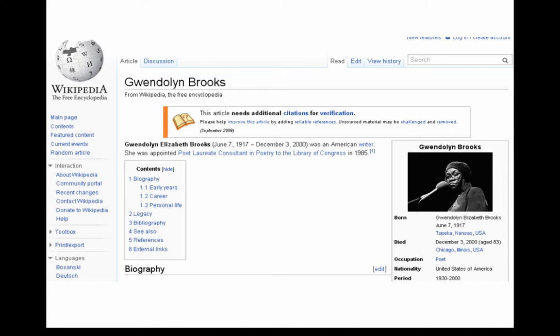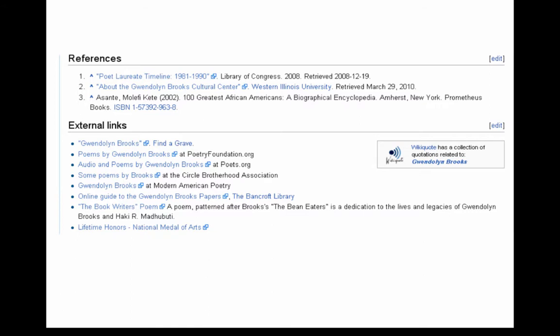Wikipedia is an encyclopedia, so we don't cite it in our work. We don't cite any encyclopedias. What we want to find out is, where does this encyclopedia get its information? Those are the sources we want to track down. If you scroll to the bottom of a well-done Wikipedia entry, you will find that there are references and external